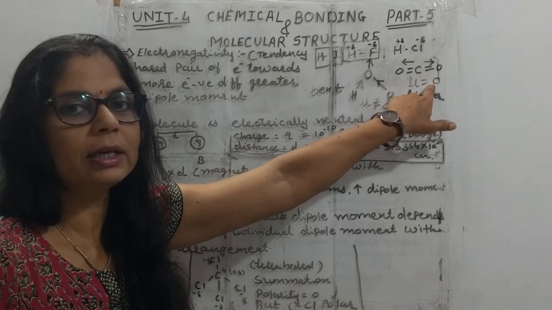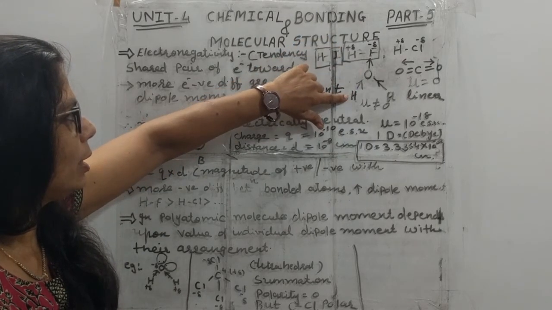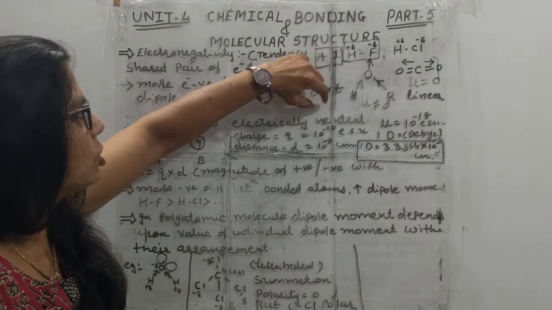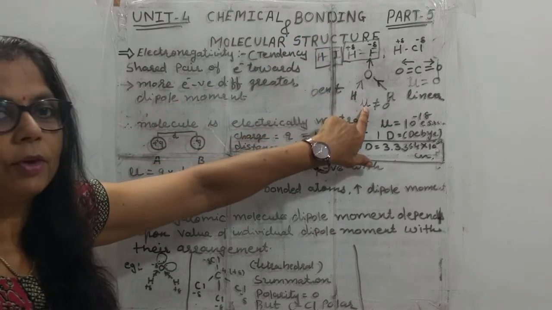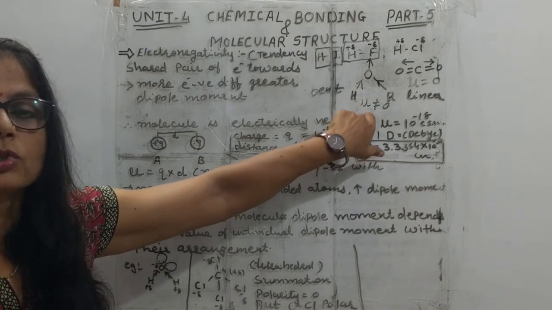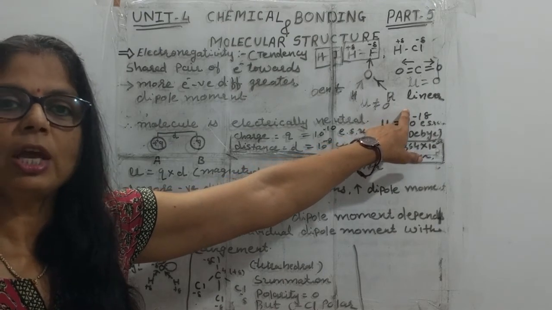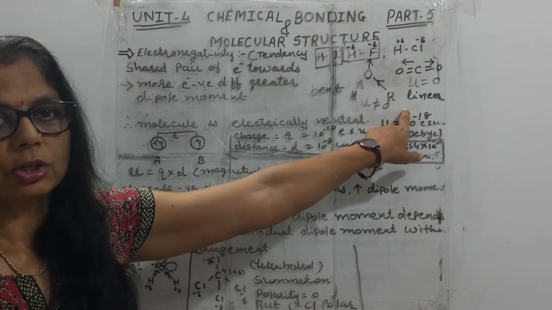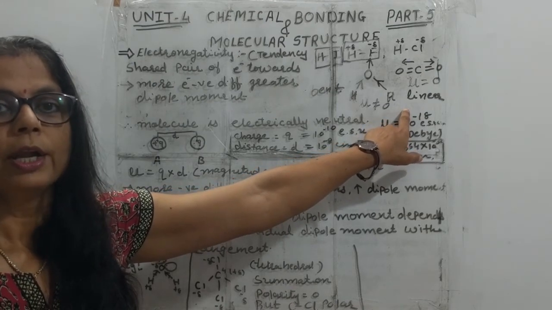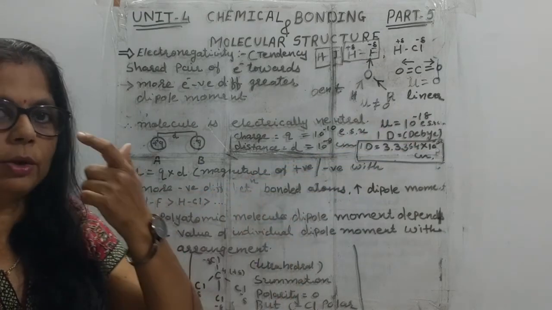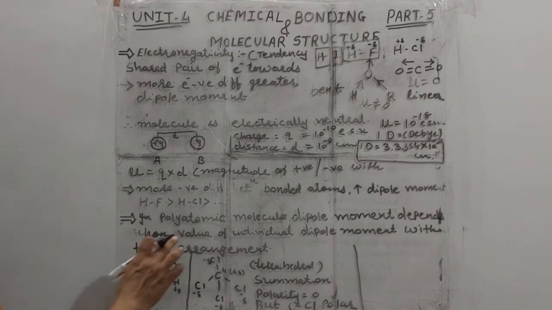Here they will cancel each other's charge, while here the oxygen is more electronegative than the hydrogen, and that's why the oxygen attracts the shared pair of electrons towards itself, and that's why the value of mu is not 0. So you have to keep in your mind, student, whenever the value of mu is 0, the shape is linear and they are electrically neutral. But this we have talked about only the diatomic molecule. Now we'll go with the polyatomic molecule. So now here is some example of polyatomic molecules.